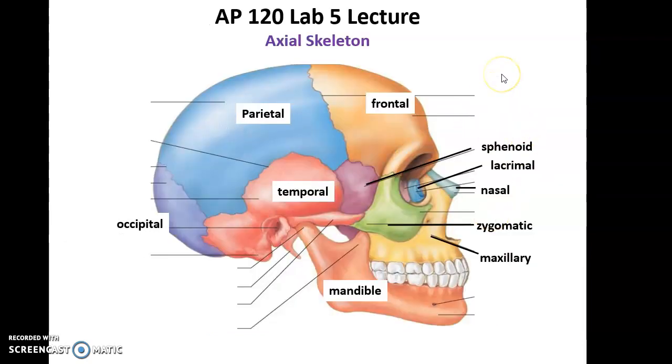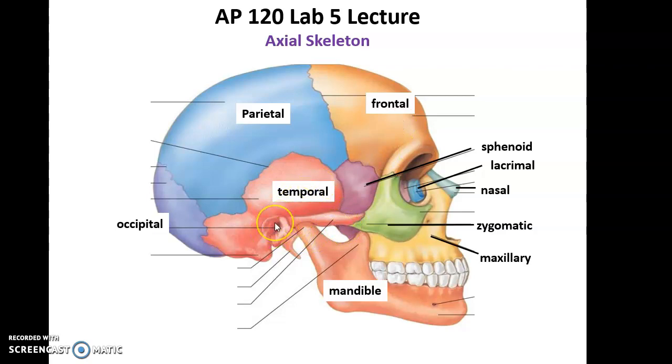All right, moving on to the axial skeleton. Then we have the skull. The skull has 22 bones. Who knew, right? It includes the occipital bone on the posterior end of the skull, the parietal bones right and left on the superior part of the skull, the frontal bone toward the anterior side, and laterally we have the